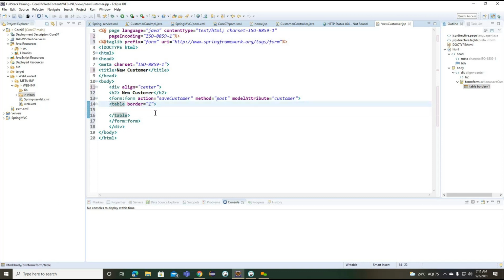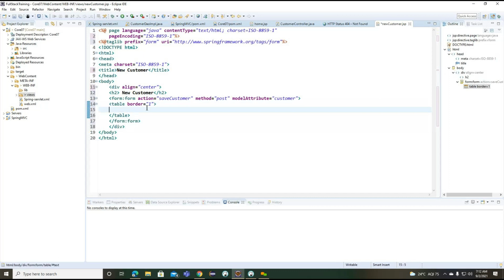And we'll work with cell padding. Let's see whether this particular attribute is available or not. No, in the table we don't have. Okay, so anyway, we created the table here with a border.